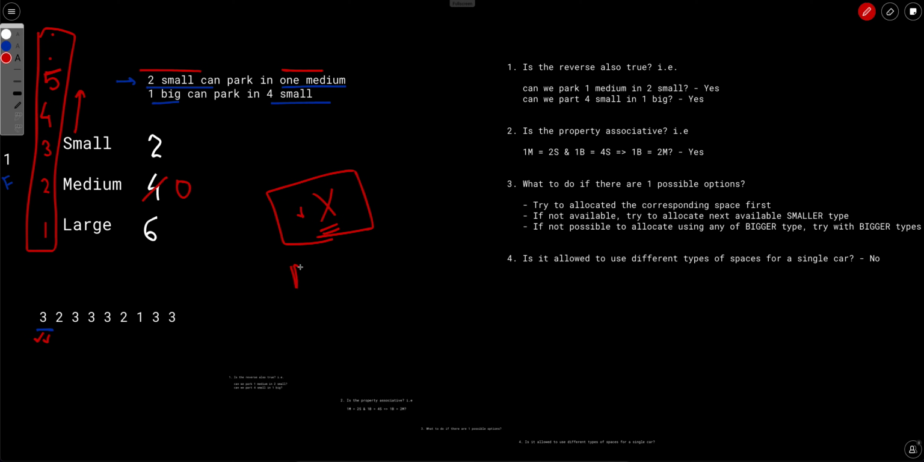There is a query to fit a medium car. So to fit one medium car, I will require two smaller spaces, right? Similarly, to fit one larger car, I will require two medium spaces or four smaller spaces. So basically, as we are going deeper in the